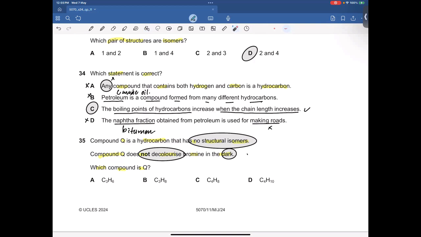So ये जो A है ये तो आपका एल्कीन है और ये डिकलराइज कर देगा एक्वस ब्रोमीन को डार्क में, तो ये स्टेटमेंट गलत। C4H8 भी आपका एल्कीन है, ये भी डिकलराइज कर देगा, तो ये भी गलत। कंपटीशन एग्जिस्ट बिटवीन B एंड D बिकॉज ये एल्केन है और एल्केन जो है वो डिकलराइज नहीं करेगा एक्वस ब्रोमीन को इन द डार्क।